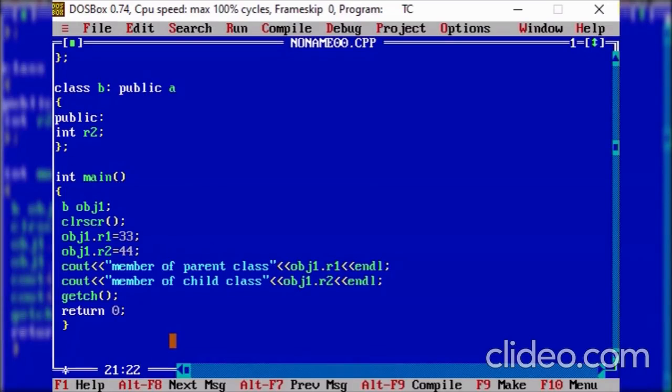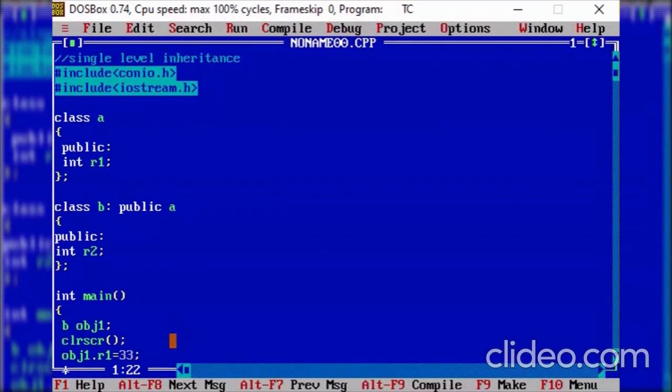Now let's modify the same code. This time it was with public nature, but I will change it to private.